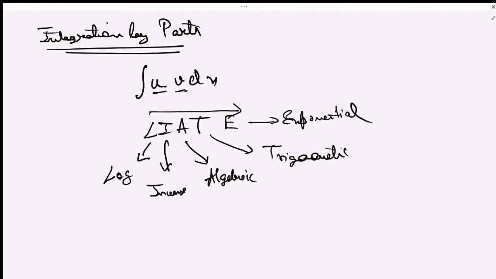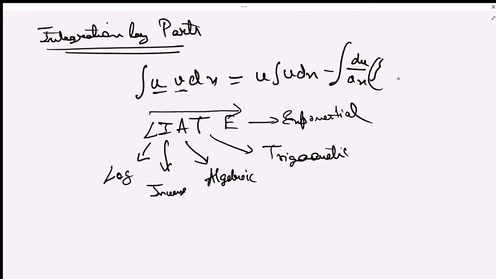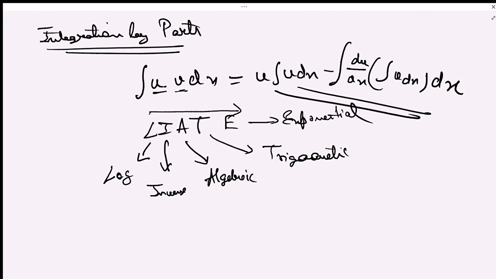The integration by parts method gives u times the integration of v dx, minus the integration of du over dx times the integration of v dx again, and this whole integration. So this is the integration by parts method. I need to write it in a slanting way because of the recorder being set up as a pop-up screen above. That's why. Clear? So this is the basic formula for integration by parts.